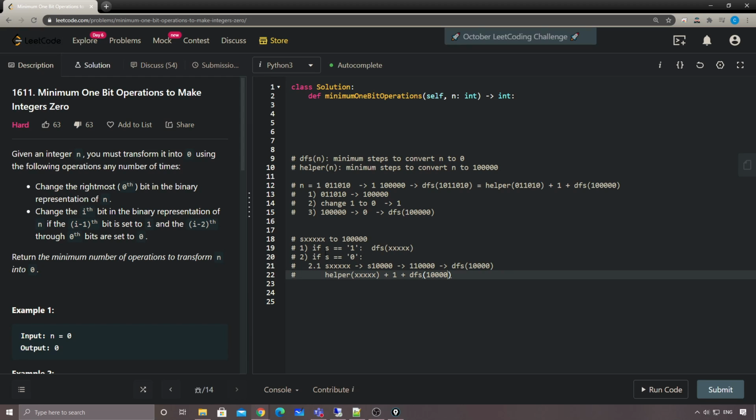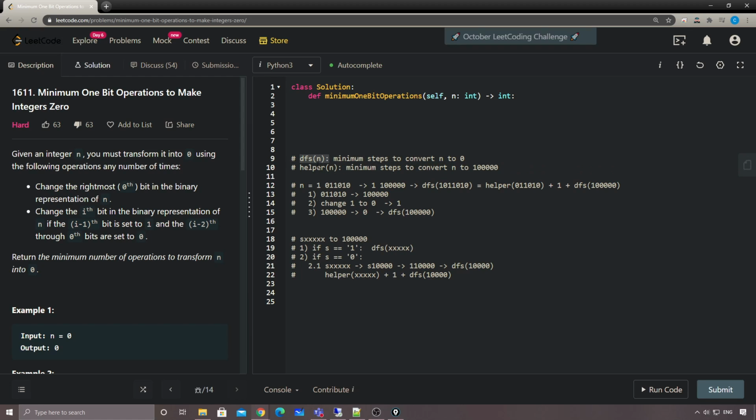Yep. So I think now we have already defined these two functions completely, and we can start implementing them. Oh, but remember, for those DFS, since we also need to use memorization to save some time, as long as we have calculated a DFS or helper value once, we can simply store the result in a hash table so that it can be reused. So this is something like a DP. And now for the base case,